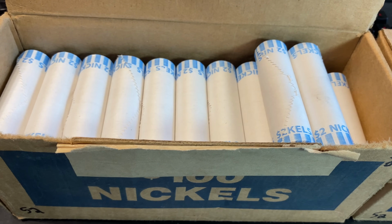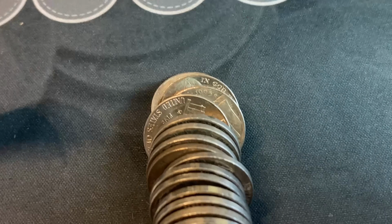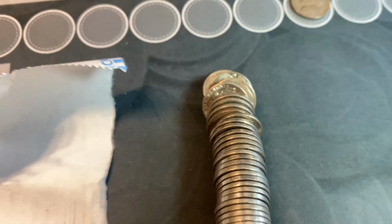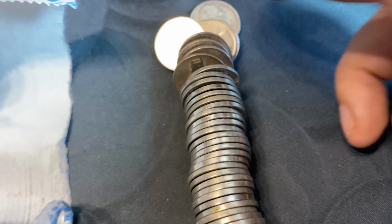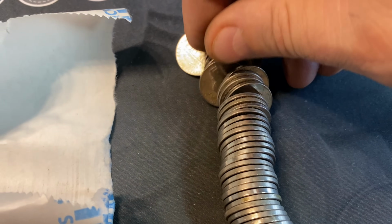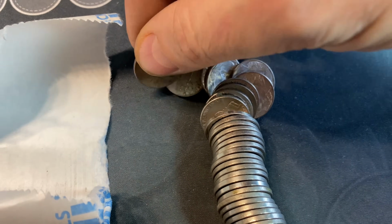We're on roll number 8, and I think we're going to have a silver war nickel right there. I saw it by the edge. Let me see if I can do this. See how it's a different color? And yes, it is. It's going to be a silver war nickel if I can get it out of the